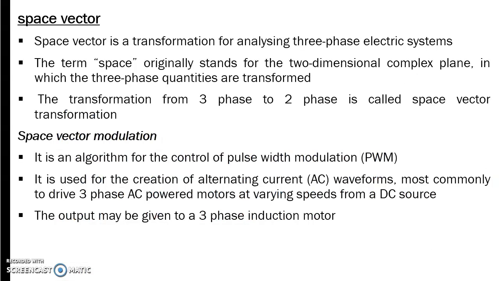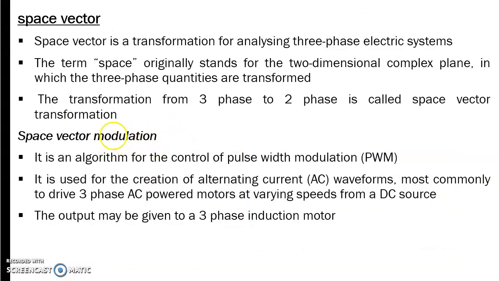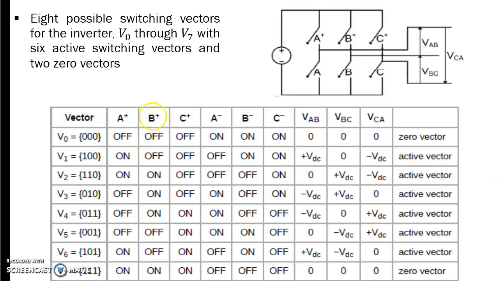Okay, so just as an example, you need to study only the basic preliminary details of space vector modulation. No need to go through the in-depth details of space vector modulation. This is a three-phase inverter. DC source is given. Then we have 8 possible switching vectors. That is, there are 6 switches, and in one leg 2 switches. So these 2 switches cannot be on simultaneously.